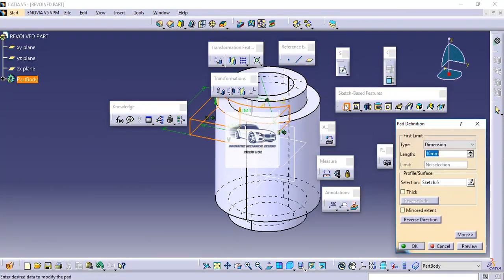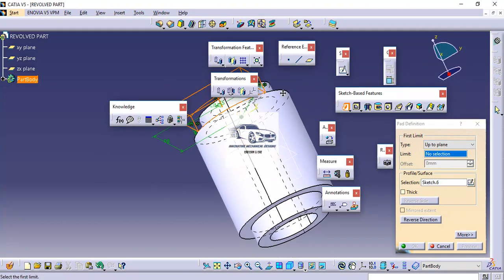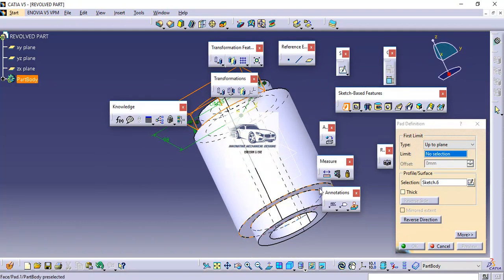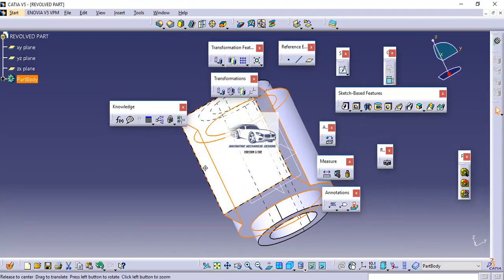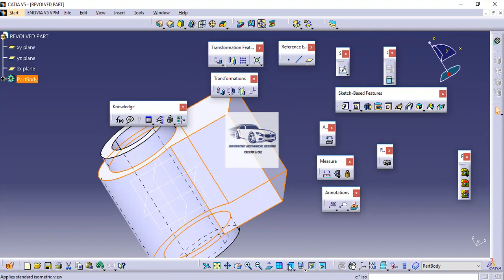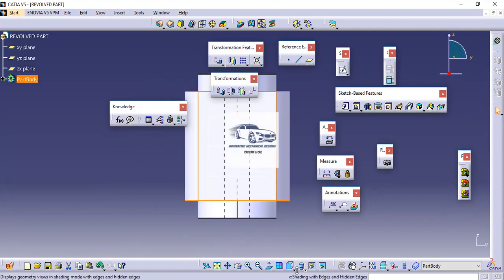Then again I will extrude it. Now as we can see, this particular portion starts from this face and ends here. So instead of giving a dimension I can also take the condition as up to plane, and in up to plane I can select this opposite face and then OK. So now we have got this particular portion.